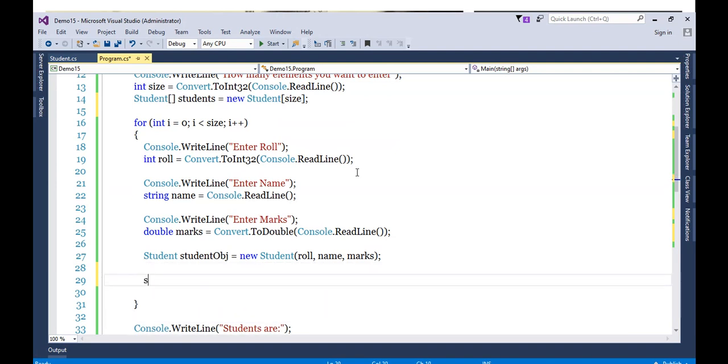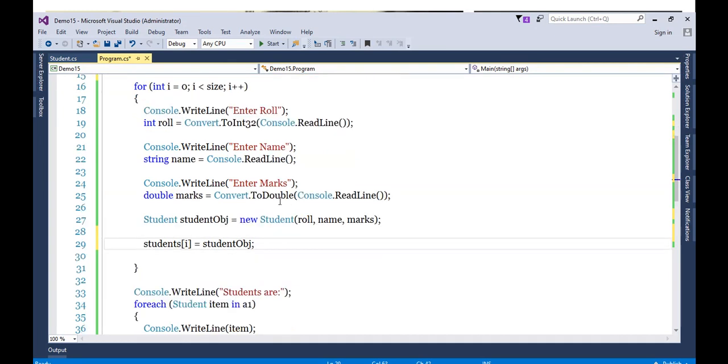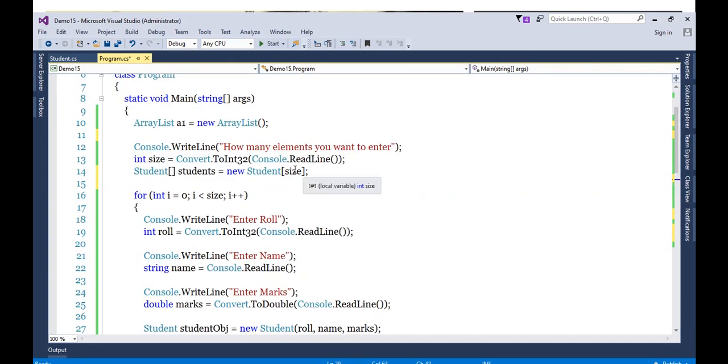So what I will do, students of i equals new student, or simply I will assign this object. I'm sorry, this is already done, student ob. So what I'm doing is, on the basis of size, I'm going to initialize the student array.